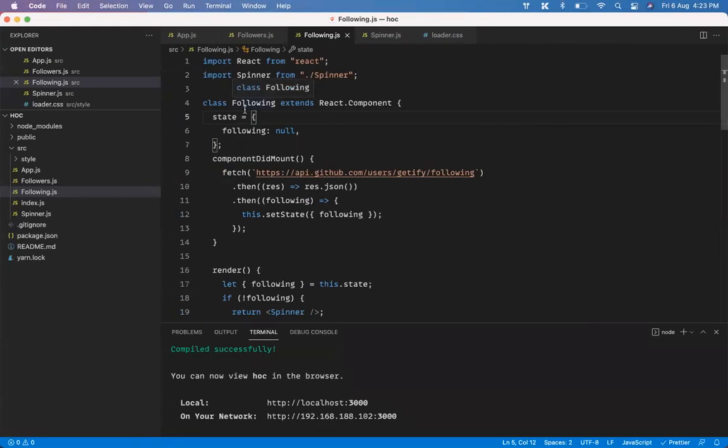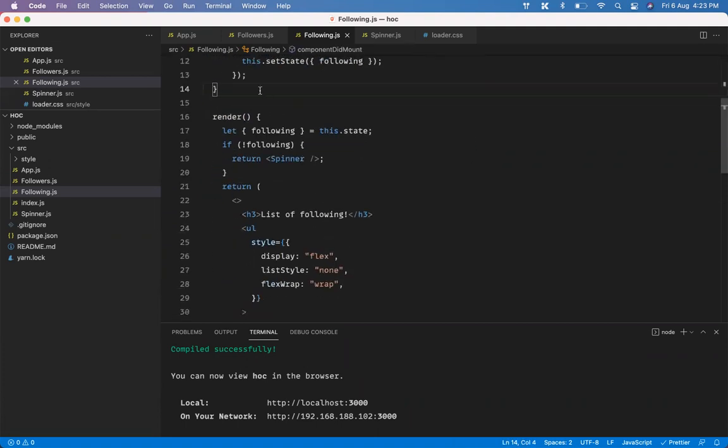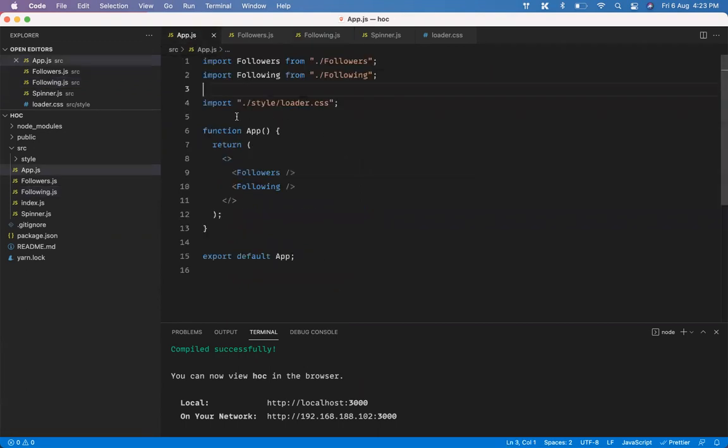Yeah, somebody was saying something. Yeah, go ahead. Ankit, can we not bring both follower and following in the same state? We can, why not? But this is a component that is responsible for following, so we are putting the following here. One thing we can do is put the state in the app component and pass those two things to follower and following. We can do that, not a problem. But obviously we'll have to define state on the top.